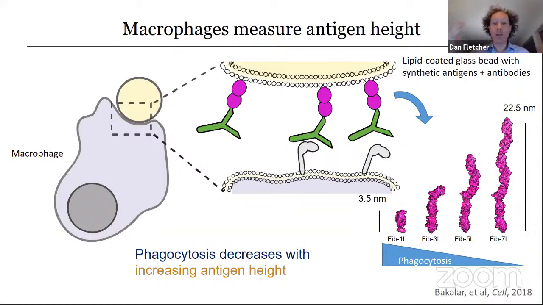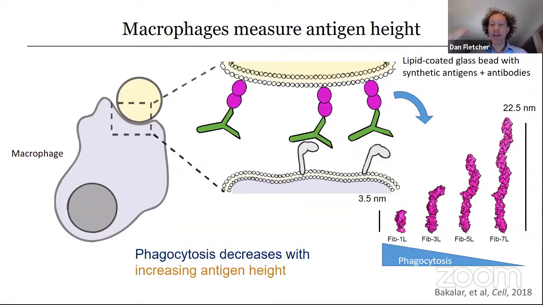So long molecules, if you have an antibody at the tip, are very poorly phagocytosed. And this has everything to do with the kinetic segregation model that I described earlier, in that the size of an inhibitory phosphatase is important for this process, that it needs to be excluded in order for the Fc receptor to signal. But when we were making these multi-domain proteins, these fibronectin domain repeats, the question was, well, we added